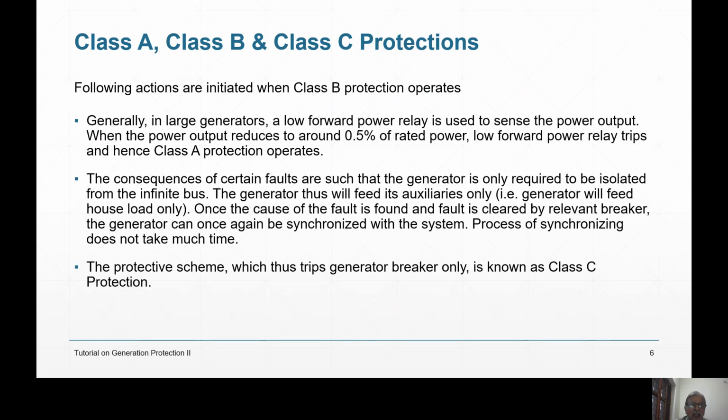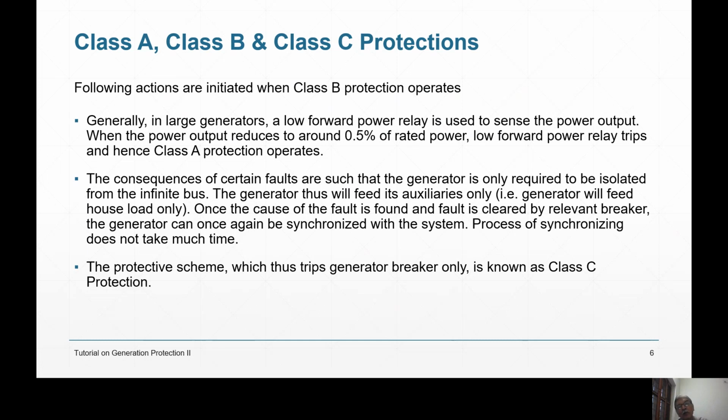So this is what I told, right? But consequences of certain faults are not at all serious. Say there is a fault on a line emanating from a generator. Generator, then generator transformer, then generator breaker, then bus, and then lines are going. On one of the lines, there is a fault, any kind of fault. That is to be cleared by distance protection of the line. If distance protection fails, then there is backup overcurrent and earth fault for the line. If that also fails,